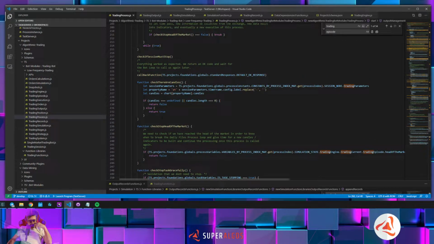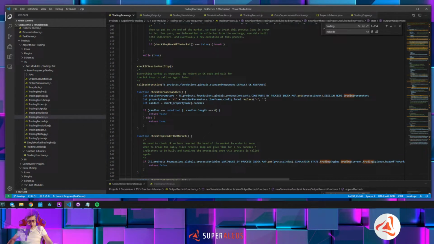So what we need to do at the portfolio bot is also modify the way this works, in the sense that we need all this stack not to be loaded and unloaded again and again, because at any time we will be receiving requests from the trading bots. So we need the simulation to run